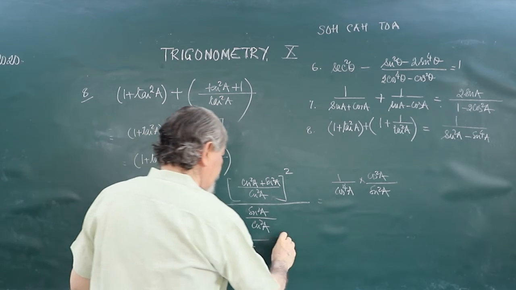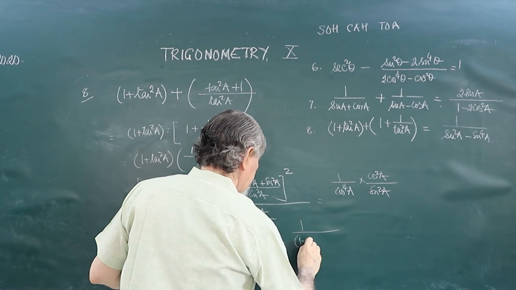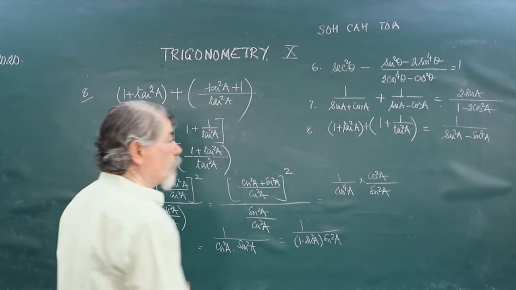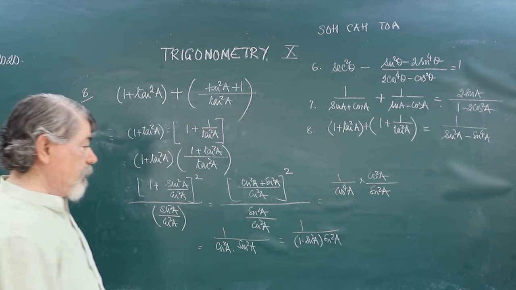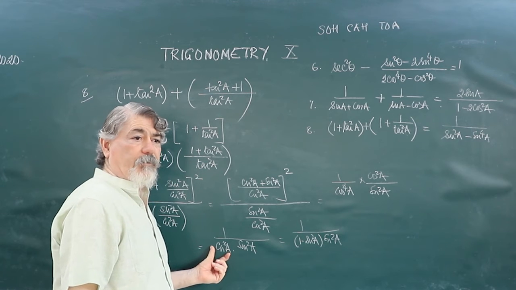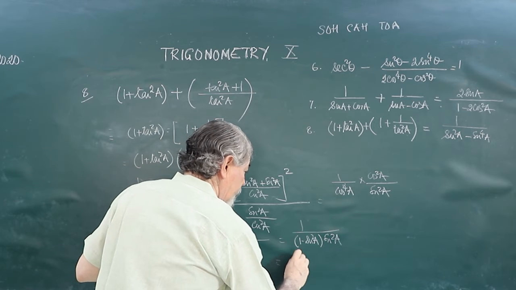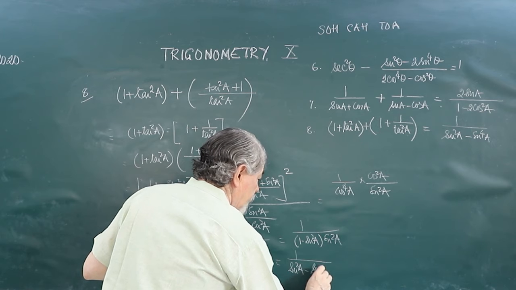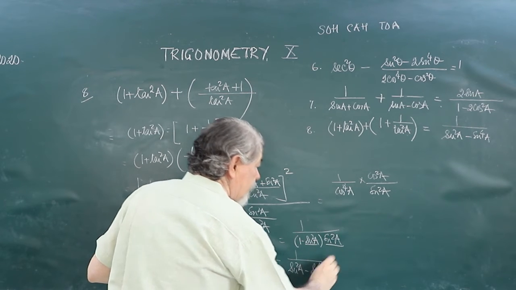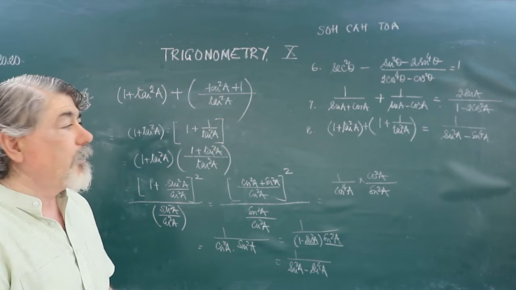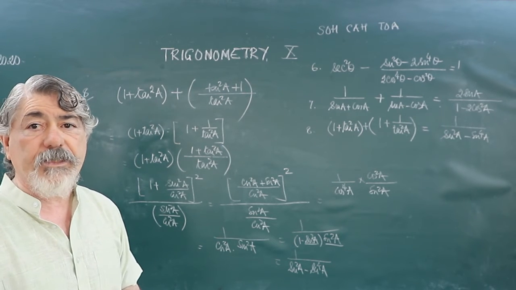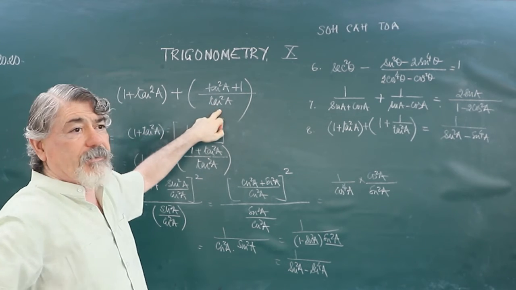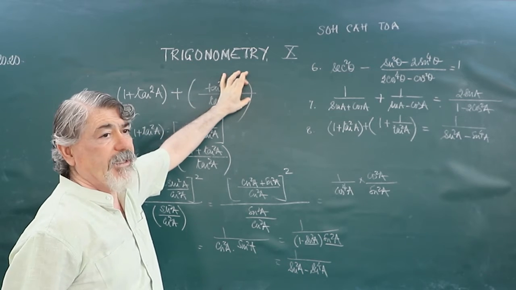Cos square A, I can write as 1 minus sine square A, into sine square A, because your total answer is in terms of sine square A only. So cos square A was converted to 1 minus sine square A, and it will become 1 upon sine square A minus sine to the power 4 A. Sine square A into sine square A will give you sine to the power 4 A. That is what I wanted to get on the right hand side. What did I do? 1 plus tan square A, I took the LCM here, tan square A, it became tan square A plus 1.